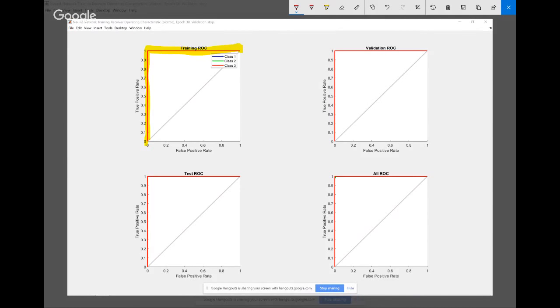Consider if we have something like this, with a square this way. This indicates that there's an error in your system and you need to retrain your entire system. This is the receiver operating characteristics, and it's true for all three: training, validation, and test ROCs.